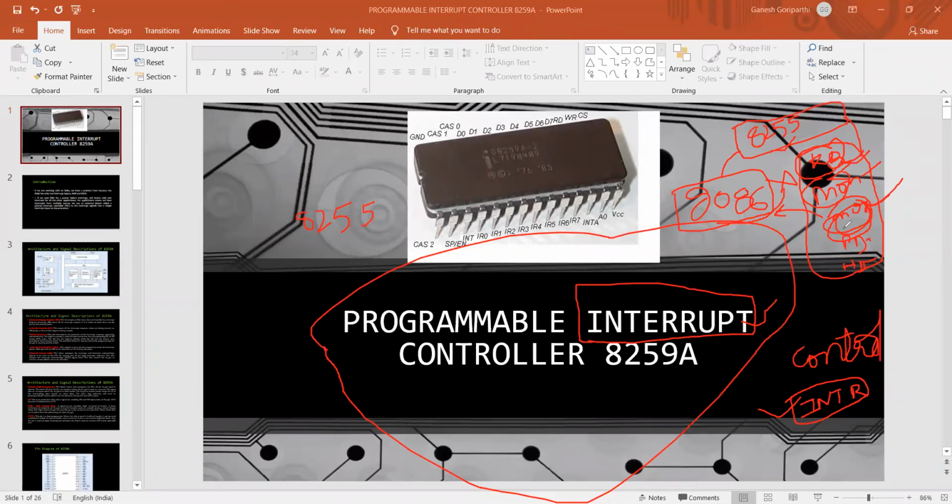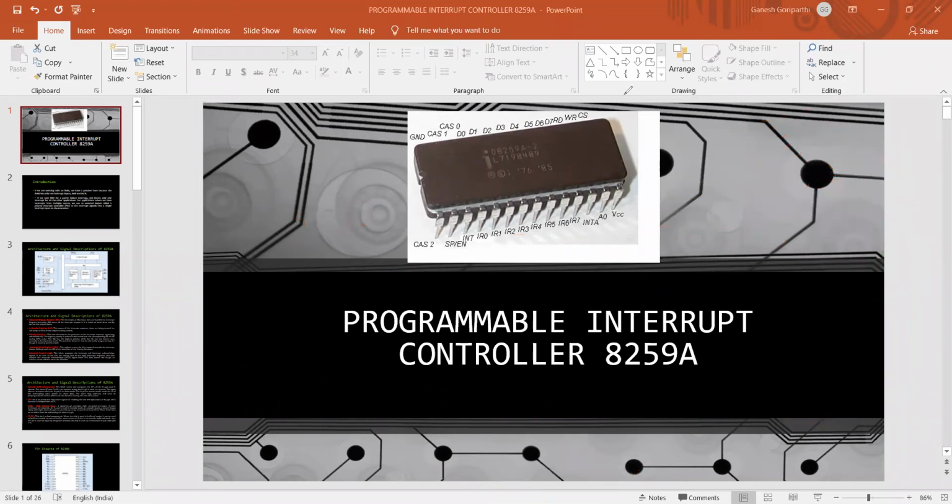Okay, so each of the chips that we are discussing performs a particular task. Like 8255 interfaces all these peripheral devices to 8086. Now this particular 8259 is performing what? Processing all these interrupt signals to the 8086. Okay, let us now proceed to the actual discussion. What is this 8259? What are the different pins we have? What is the architecture of it? Okay, so that we will see.